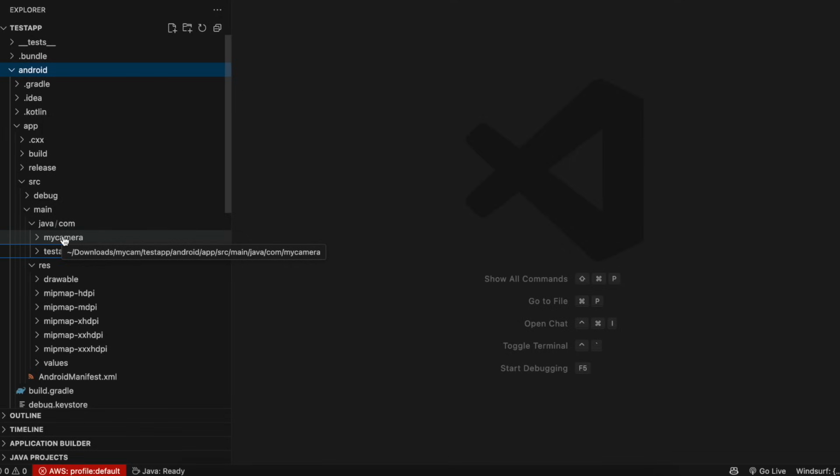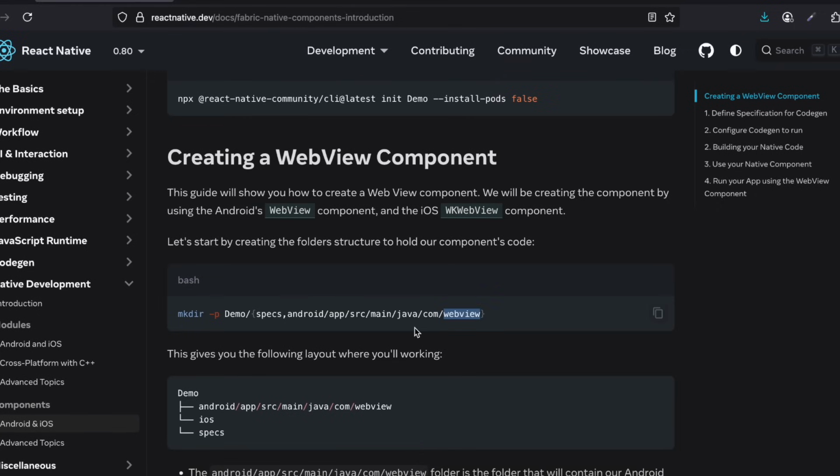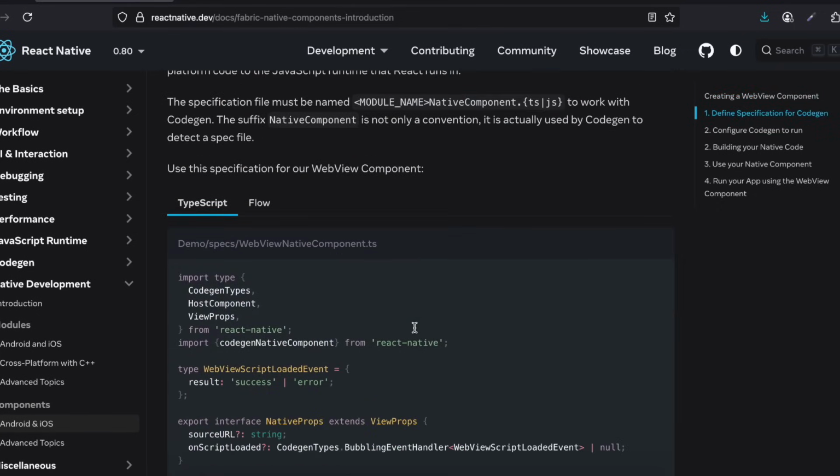So it's better you follow what I'm doing. Okay, so I have named it as my camera. Ignore the files which were present inside, we'll come back to that later on as well. Then if you scroll down here, you can see inside the specs folder we need to create this particular